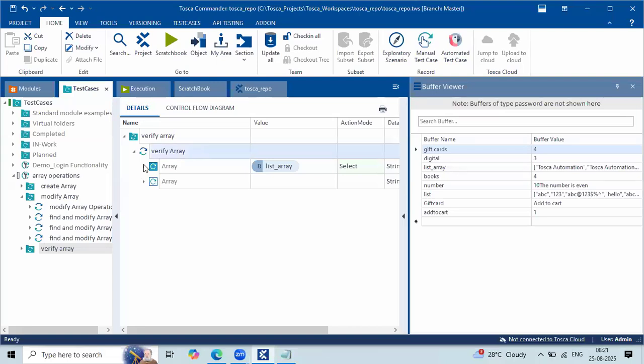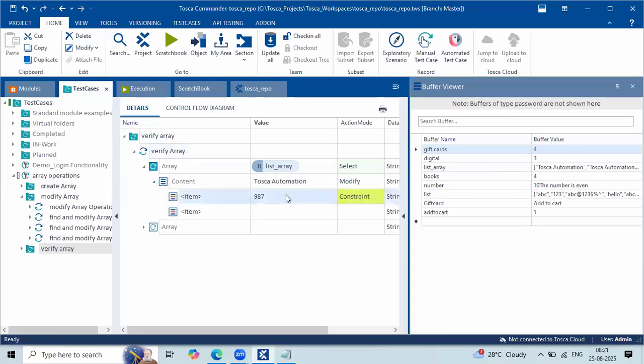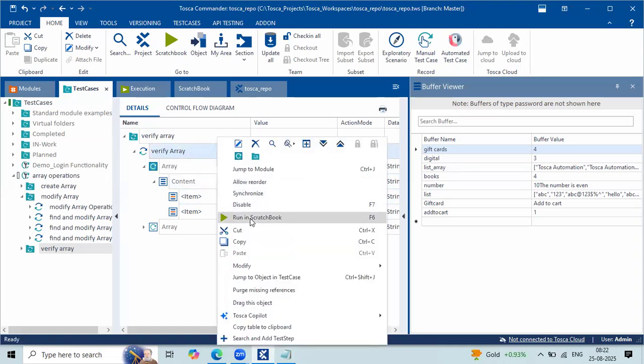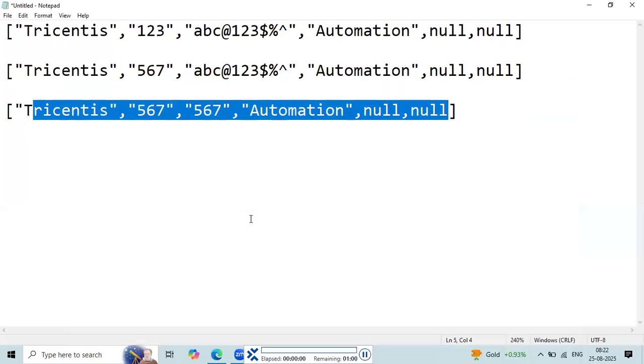Okay, same approach I'm taking. So here, 987 does not exist in the list. I'm asking Tosca to verify that at the list level, team. I'm verifying whether 987 exists or not. I'm asking Tosca to verify that. So now tell me, is this going to give an error message or